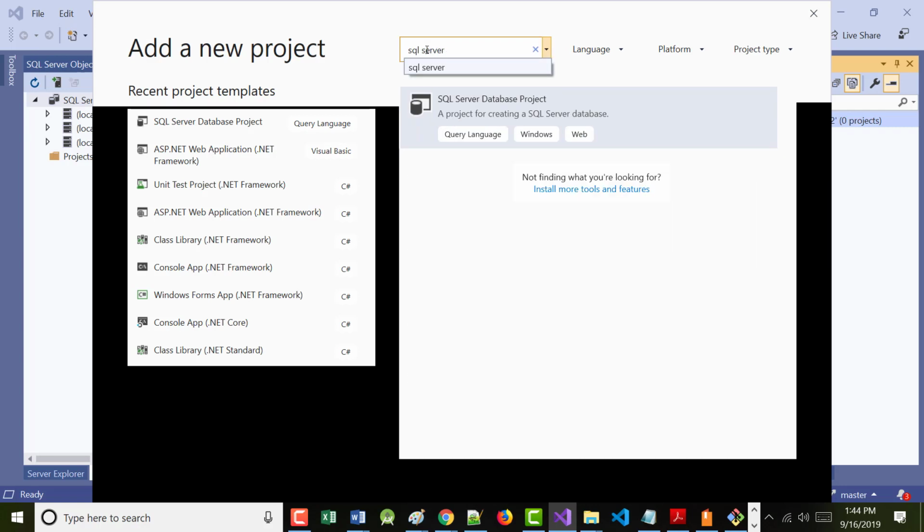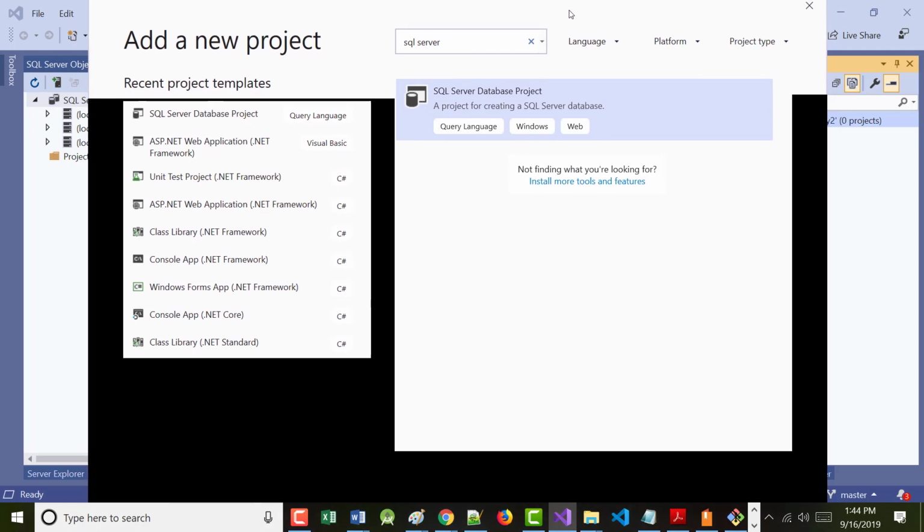And notice, lo and behold, it shows me an SQL Server database project. This is yet another way that you can go in and create databases. That's what the author is going to show you. So yeah, that's the one I want.